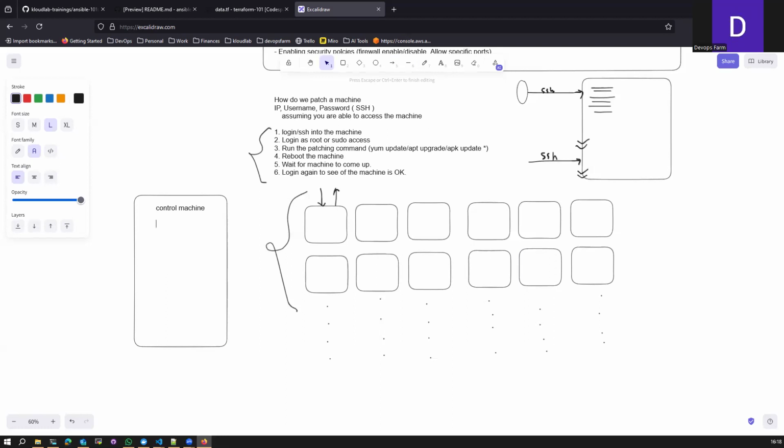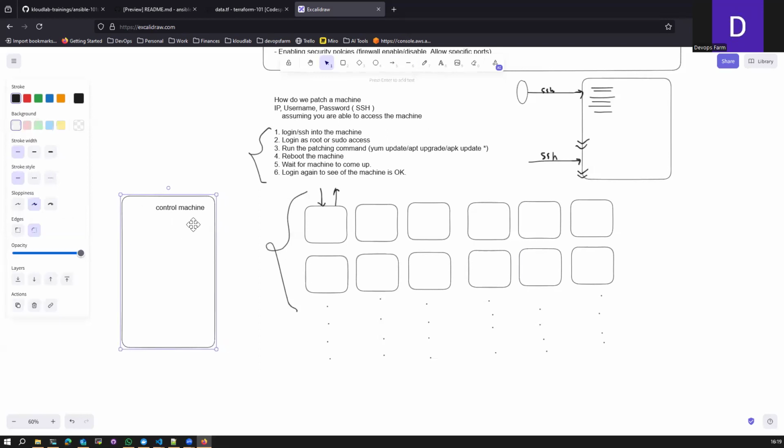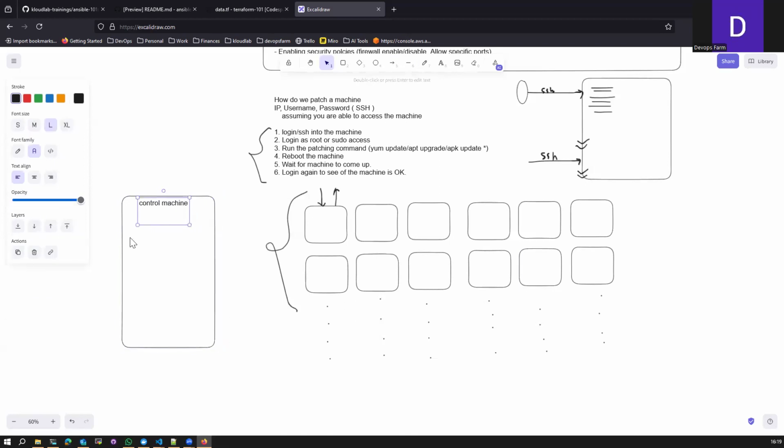So what you have is a list of IPs. What you do is you create a script. You are very good at scripting. So you can say IPs equals to, and there are IPs here. And you define a username. The username will be the same for all. Let's say admin. Password